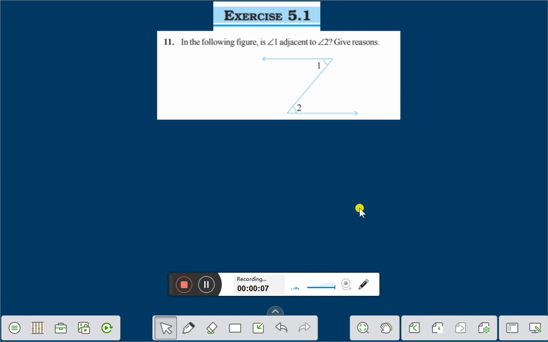In the following figure, is angle 1 adjacent to angle 2? Give reasons. Here you see this is angle 1 and this is angle 2, right? Here you can see there is no common vertex, right? And since there is no common vertex, this angle 1 and angle 2 are not adjacent, right? Therefore the answer is